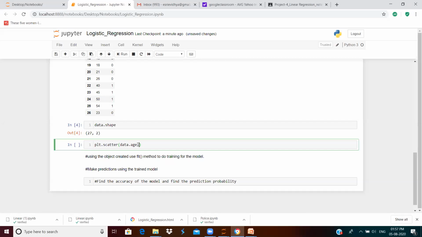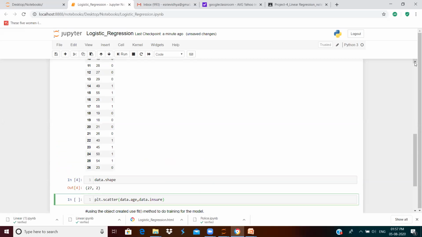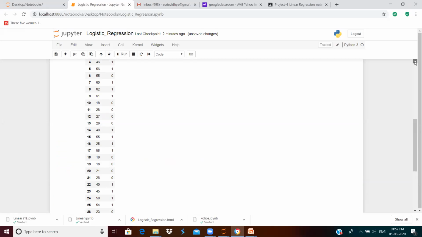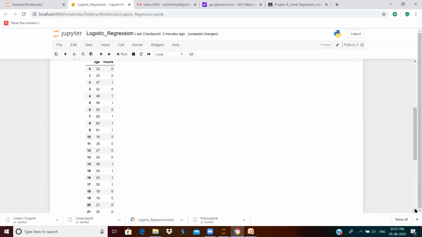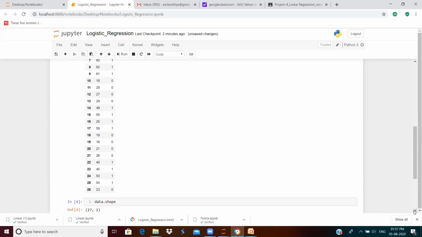And we will have to feed in our Y, that is the dependent variable. We will have to select that particular column. So that is data dot insure. Insure is the column name. You can see here, insure is the column name. Insure was the column name, right? So now we are going to scatter plot our data,